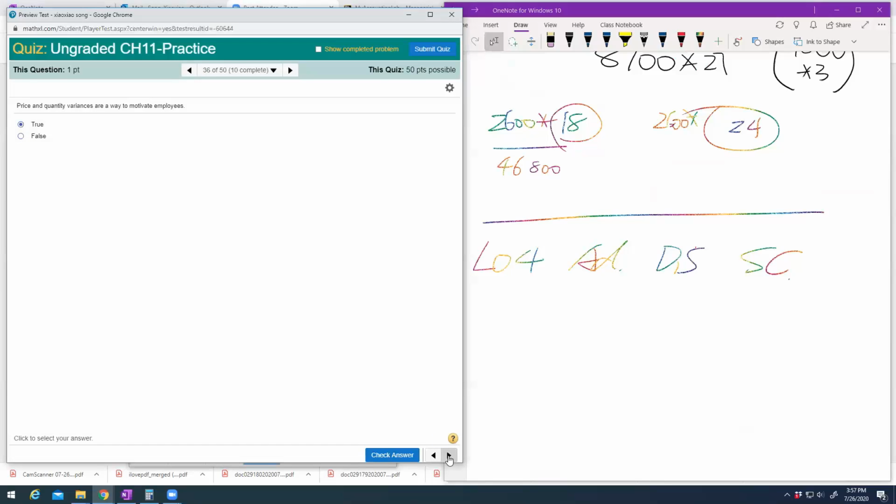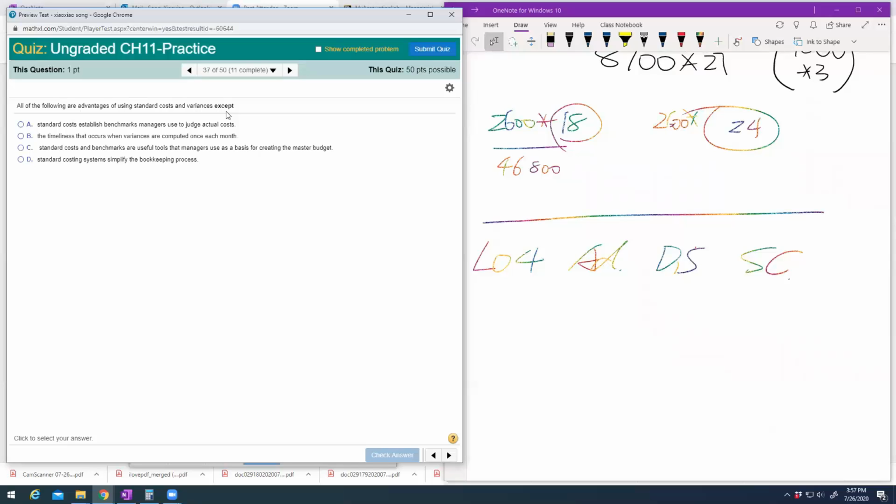Okay, next one. All of the following are advantages except. I'm being honest, I'm not really sure about this one, so I'll leave this to you. Go back to your textbook, read that paragraph of advantages and disadvantages, get the right answer. If I ask you any concept, it's mainly about advantages and disadvantages of the standard costs. Next one, which is an advantage,